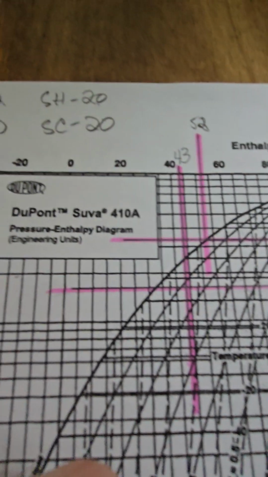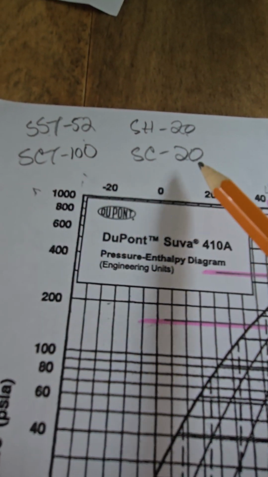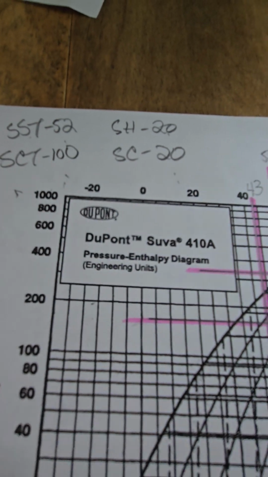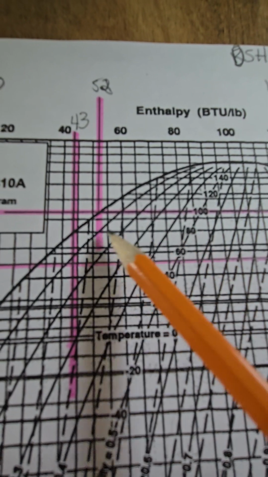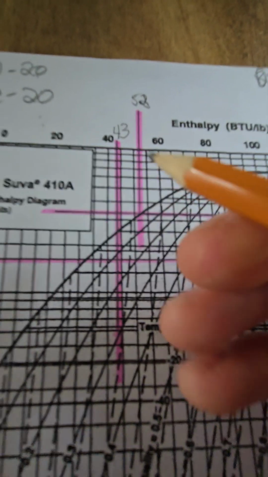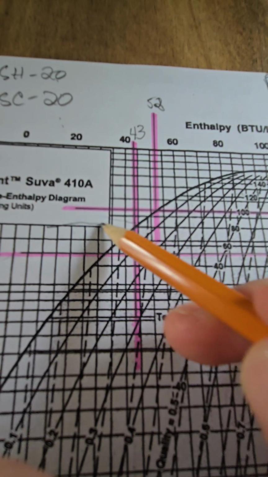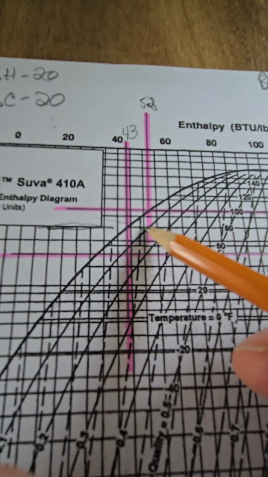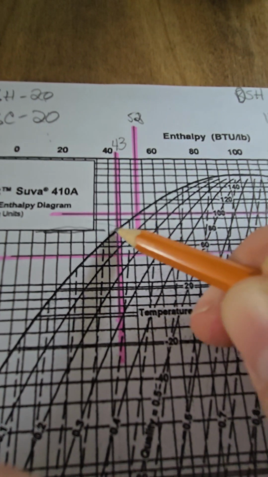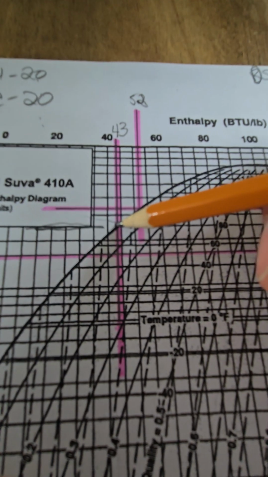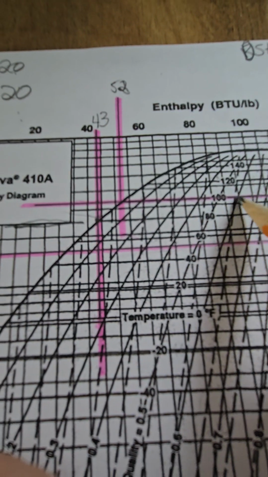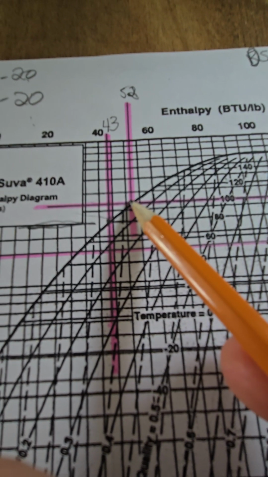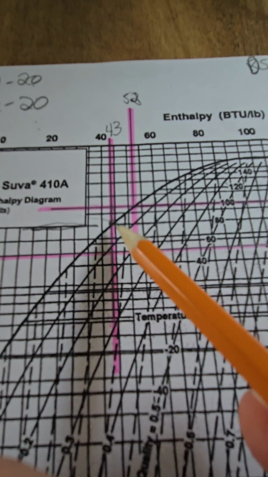Our subcool is 100, subcooled 20. So it's 100 minus 20, which would be 80. 100 minus 20 is 80. We're going to follow this until it hits the edge of saturation, right? Because everything beyond this point is subcooled. So we follow it. As soon as we start our subcool, you can dot that too. You can dot that and then just draw a line straight up so it intersects with your condensing line. So your condenser line is going to go, and then from this point, it's subcooling up until this point. And then